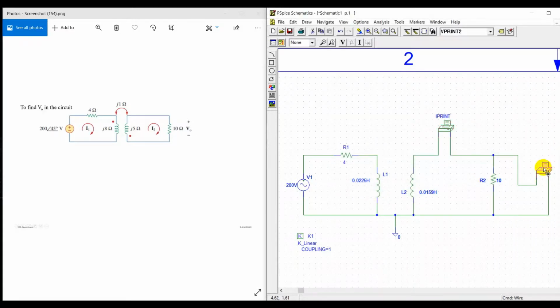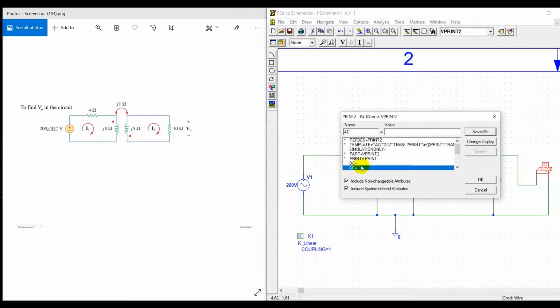Similarly for Vprint2, let us set the value for AC as yes, save attribute, magnitude as yes, and phase as yes.